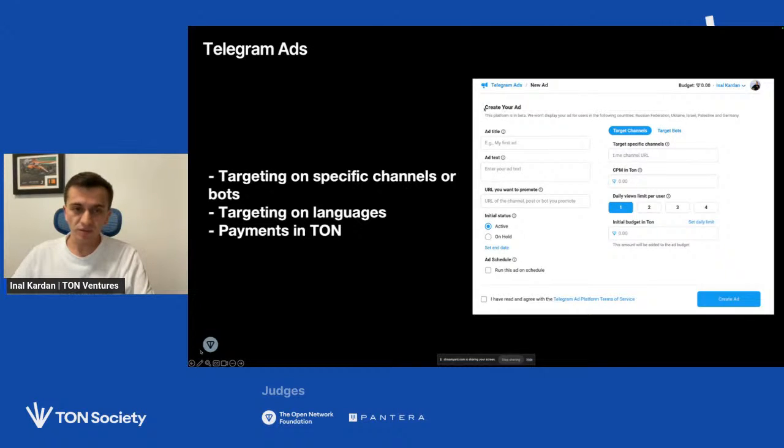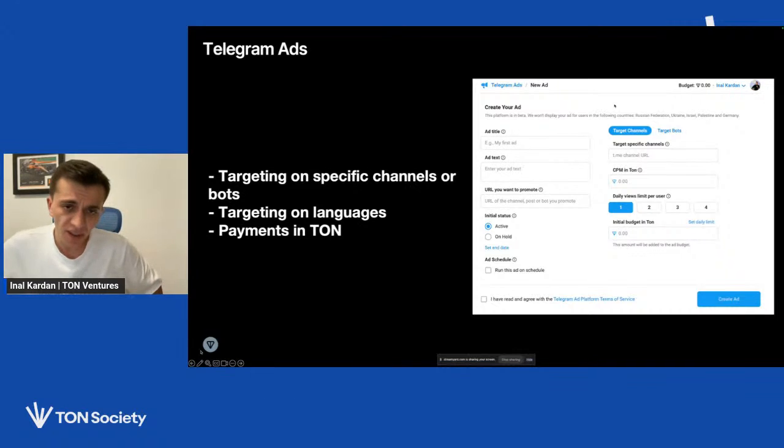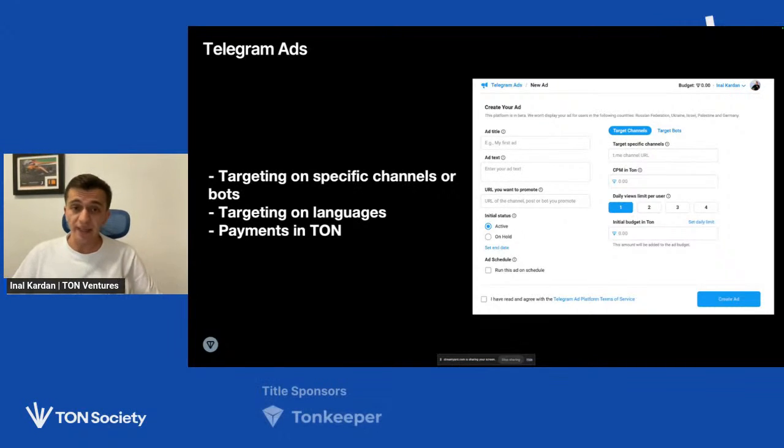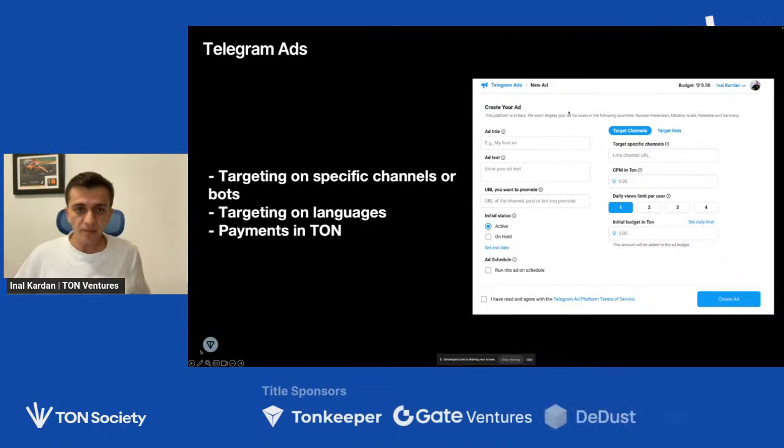But let's have a very brief look at how you can create your own ad. This is a screenshot from ads.telegram.org, where you can log in and start creating your first campaign. Every ad has its own title, some text, and a URL which is going to open when users click on the ad.